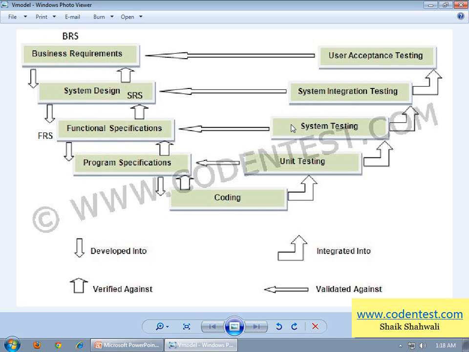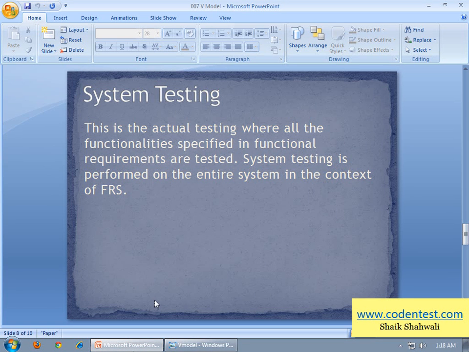System testing is validated against functional specifications. It is performed on the entire system and validated against FRS. Both functional testing and non-functional testing are done in this phase.